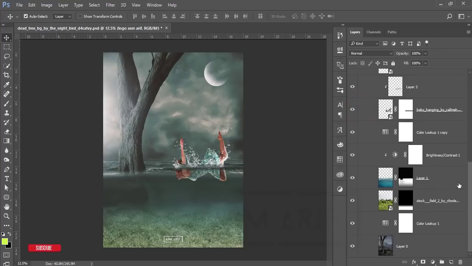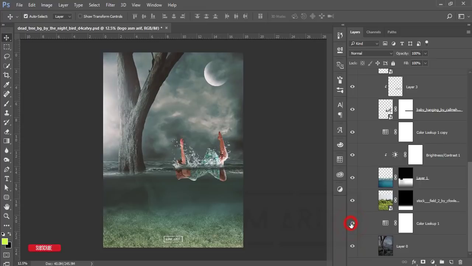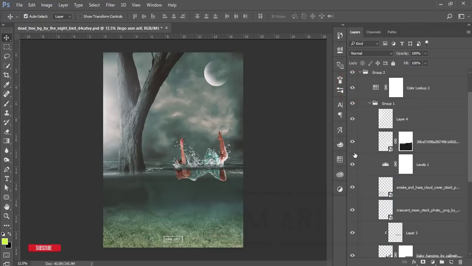And here you're just watching, this one is the background and here are the light effects, and here are the grasses in underwater, and here is the water, and here is the light balance and color lookup, and then the girl and the splash light, and here the other splashes, and here is another light layer, color lookup again,